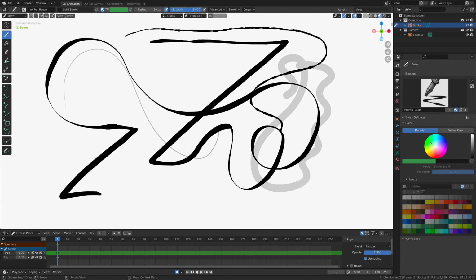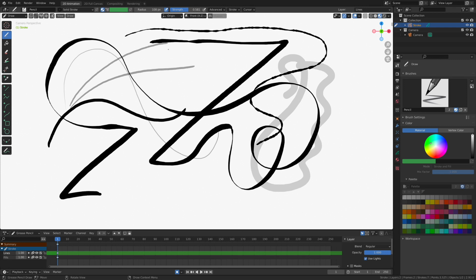Now, the reason I want to bring this to your attention is just to make sure that you guys understand the options that you have when drawing your animations. Some folks like to go in, like myself, I like to block things out with the pencil brush, okay? Usually I start with a pretty low value in here, just to get a real nice idea of the way all of this is going to look. And then I'll come in with the pen tool, for example, and I'll draw over those lines. I like to turn on the stabilized stroke as well. And this allows me to go in and make some really nice, clean pieces of artwork. So we can use these tools to aid in the process of creating our artwork, which is pretty neat.